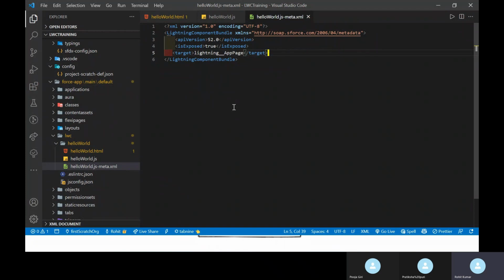So let me open my org, and here you can see this is my scratch org, and under this scratch org, on the left you can see open org. Just click this browser window, and now you can see my org. So it's opening my org. Okay, here you can see it's successfully opened now.